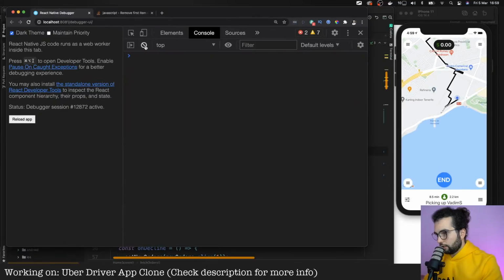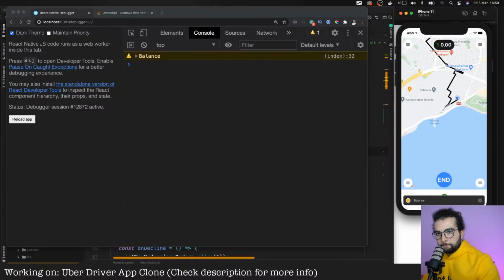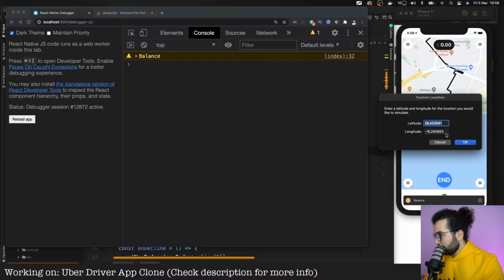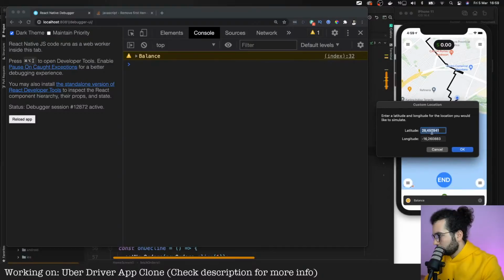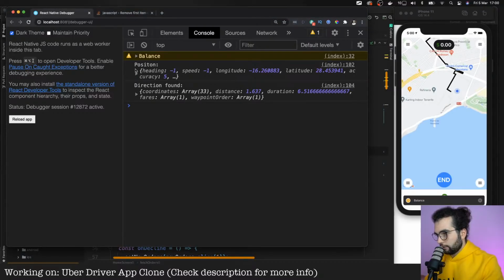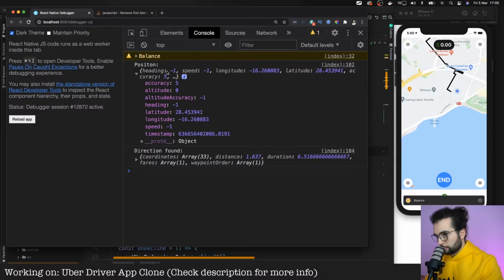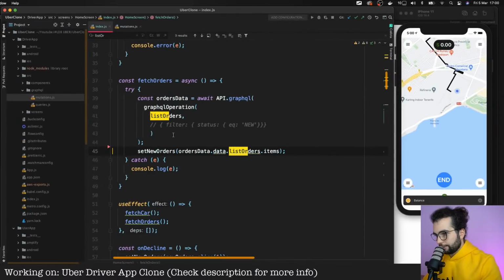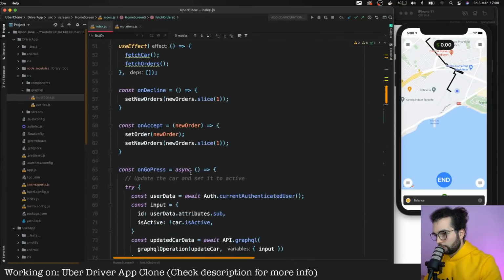Okay, we have here. Let's now try to change a bit the position. Going in the features, location, custom location, and change here from 2 to 3. So we need the heading, we need latitude and longitude. Okay, that's pretty clear. Going back here.